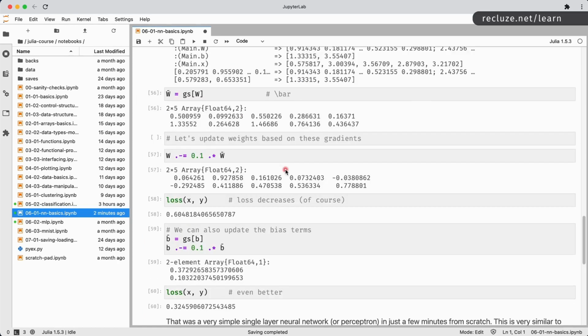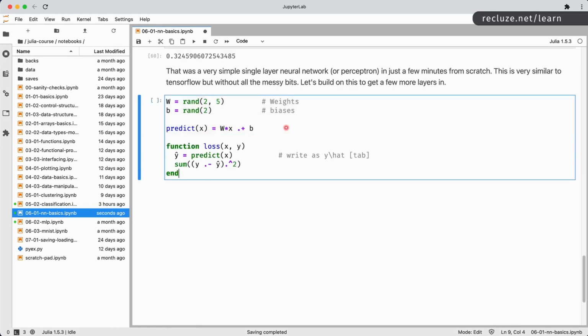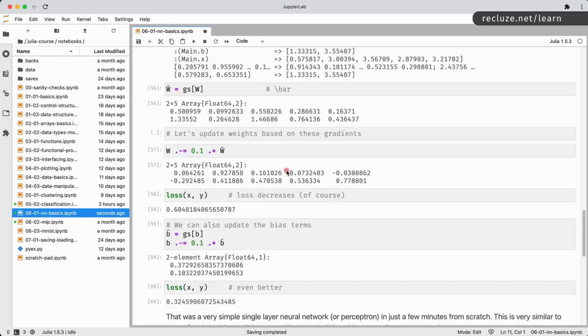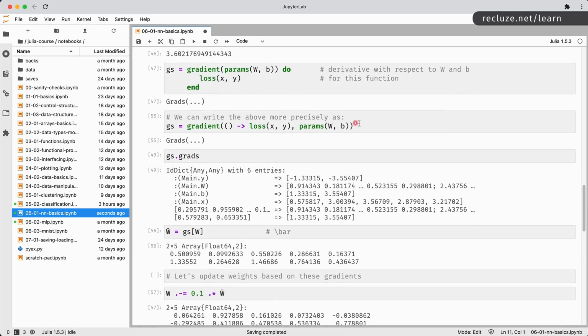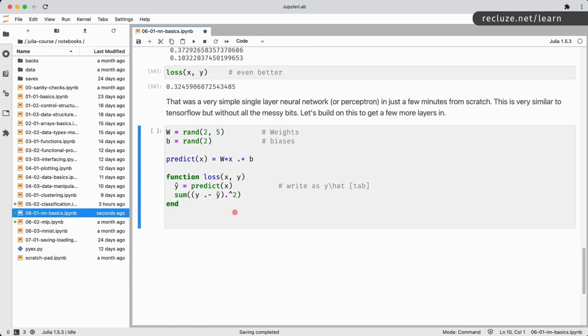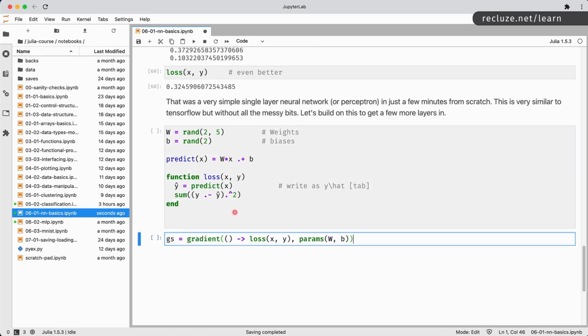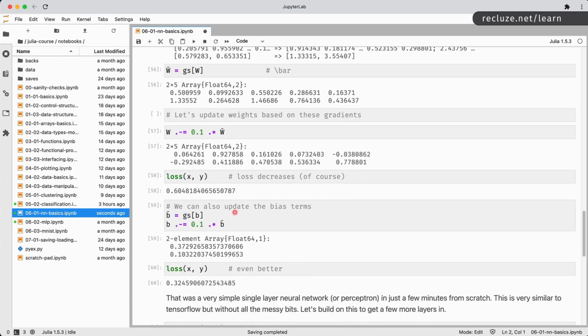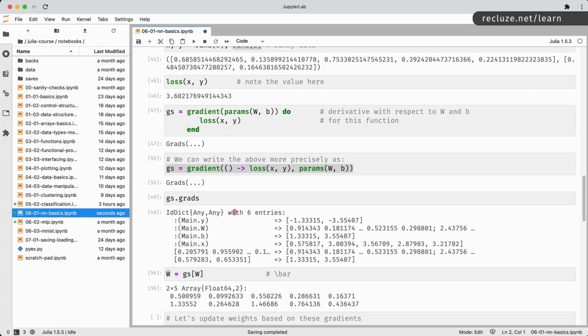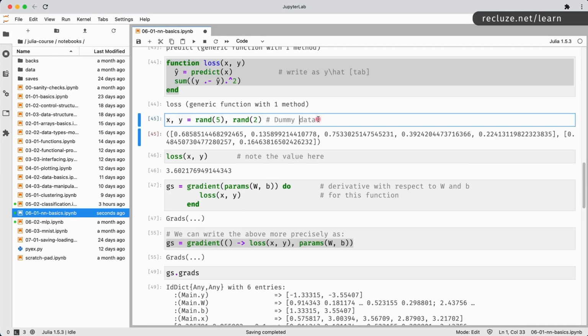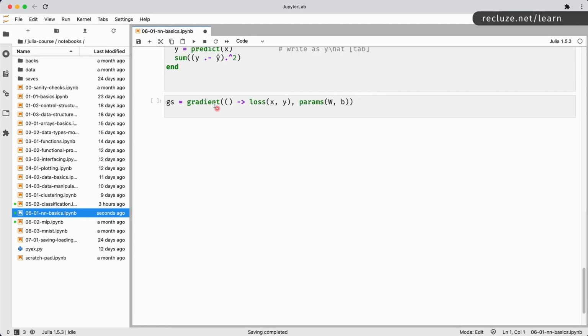This would be our loss function. Then we need the gradients. You can use either of these two. Okay. So let's go ahead and put these in a separate cell. We take our data as well. So our data is going to be this. Let's put this over here.